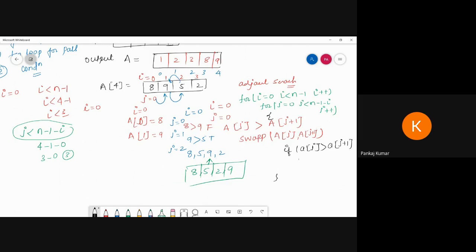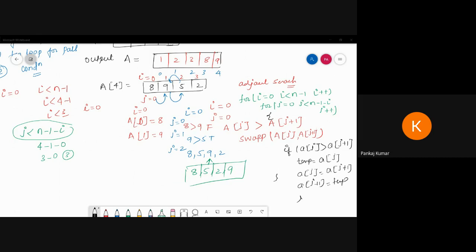Then we can write a temporary variable equal to a of j. Then a of j is equal to a of j plus 1. Then a of j plus 1 is equal to the temporary variable, and close that one. And print the value this way. So this is the swapping for bubble sort.